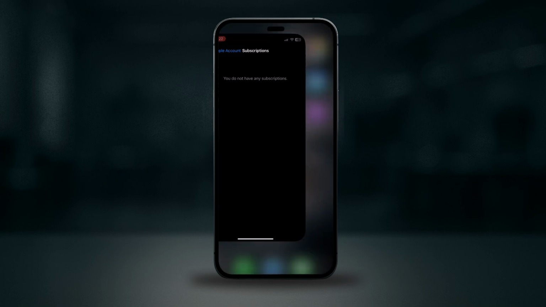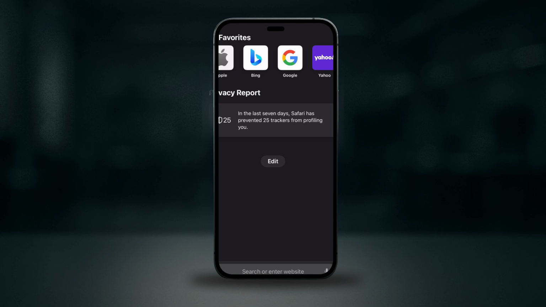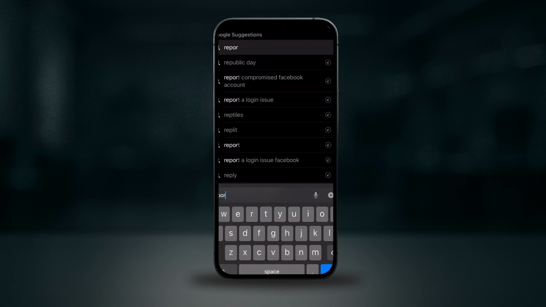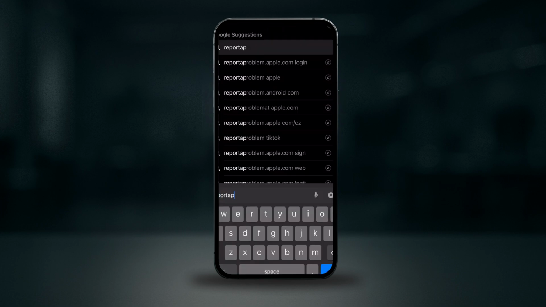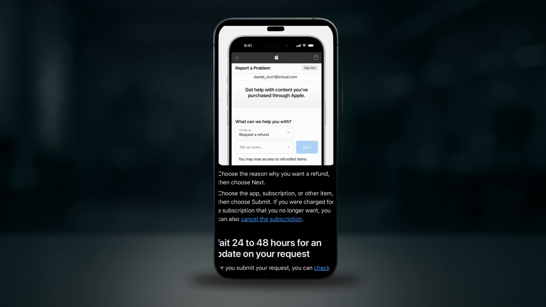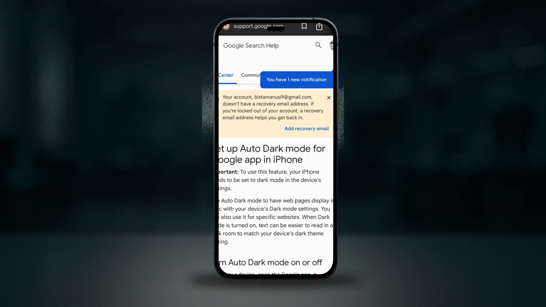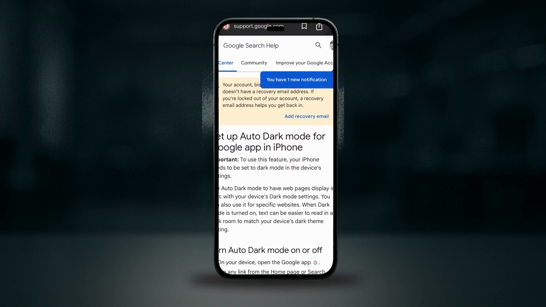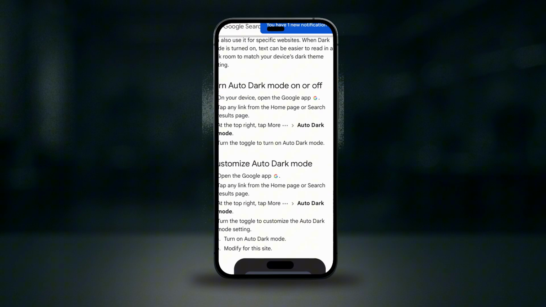To request a refund, open Safari and then search reportaproblem.apple.com, and then over here what you can do is sign in with your Apple ID. You'll have to sign in with your Apple ID and then